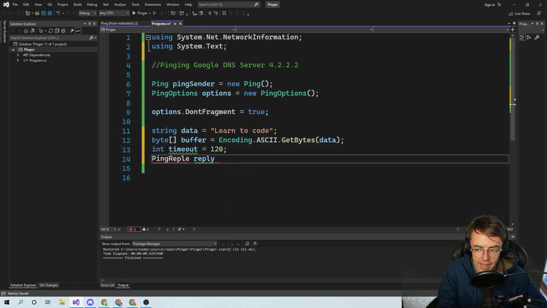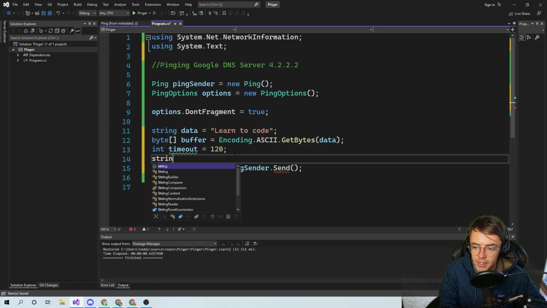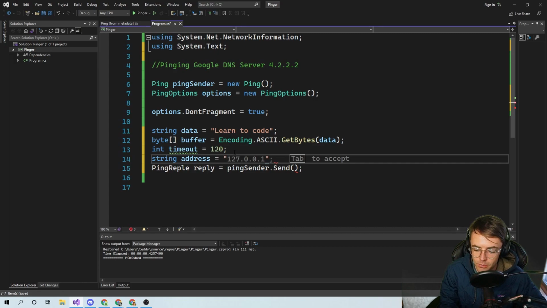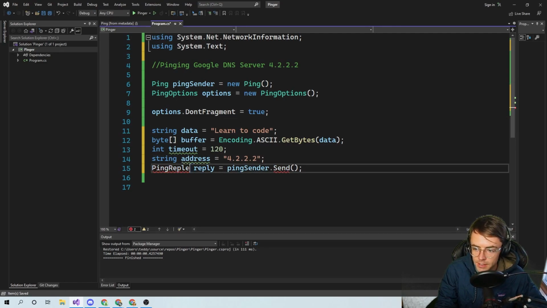So then we're going to have the actual reply. So we've got ping sender dot send, and we also need to make our address here. We need to input the address as a string, and the address is going to be, once again, our 4.2.2.2. And I spelled reply wrong. So let's go ahead and pass in our address here, because that is the first thing that we need